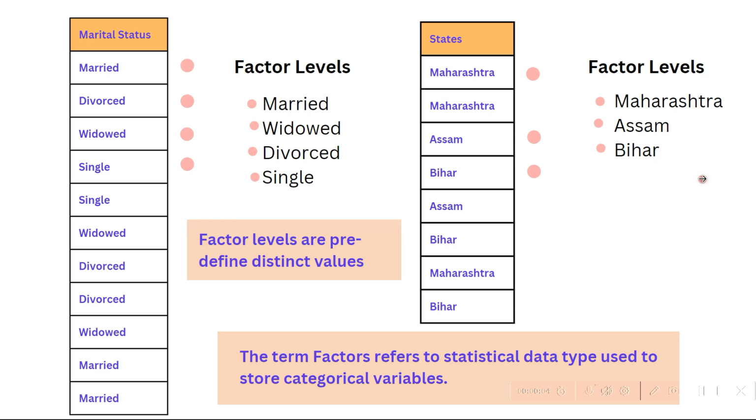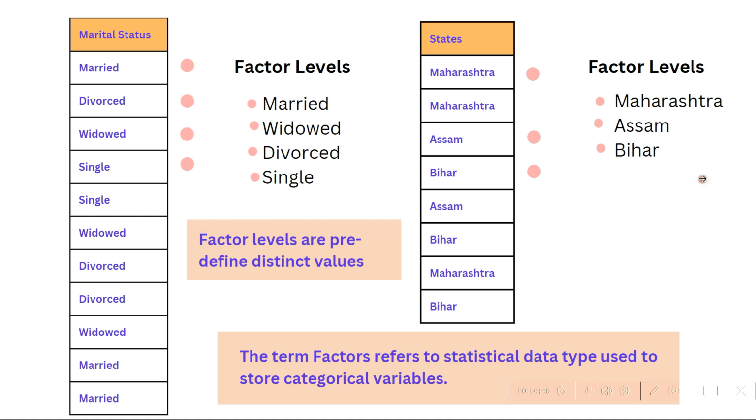A factor is a data structure that is used to work with categorical data. Factors are not different from characters, but they take a limited number of values. For example, variable marital status is a factor variable with 4 levels: single, married, widowed, and divorced. In this case, we know the possible values beforehand, and these predefined distinct values are called as levels of a